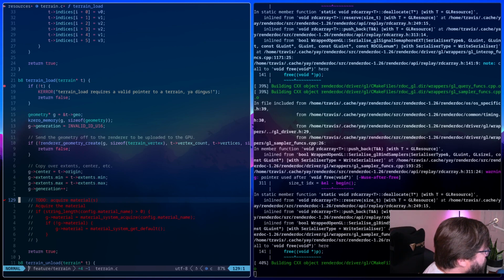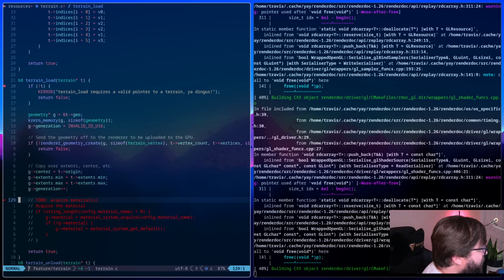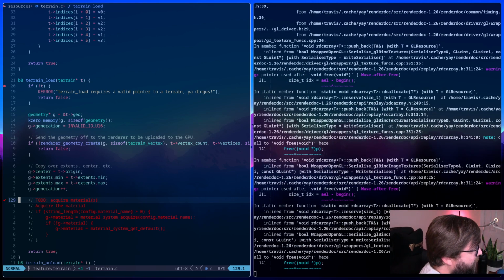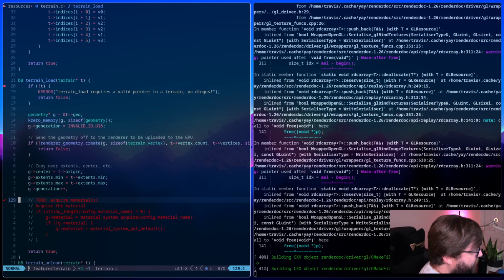I was reading the fragment shader on the repo. It seems that you aren't using any texture at all, even the default one. Yes, that's correct. Because of the way that we're going to have to change how the materials work for multi-material support in terrains, I've elected for now to just shut them off and do the geometry portion of it first and get that straightened out and get things like our height map imports and stuff like that working, and then I'll switch back to materials and get that working as well alongside it. Just because if I try to do all of it at once, it's going to be a really long time before we see anything working, and I'm not a fan of that.